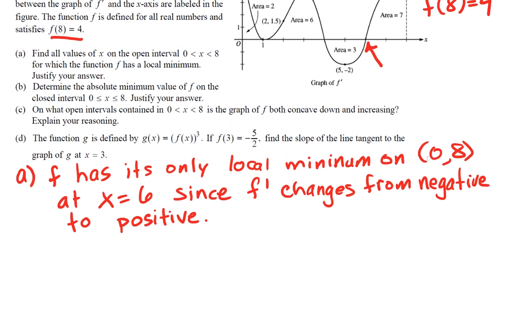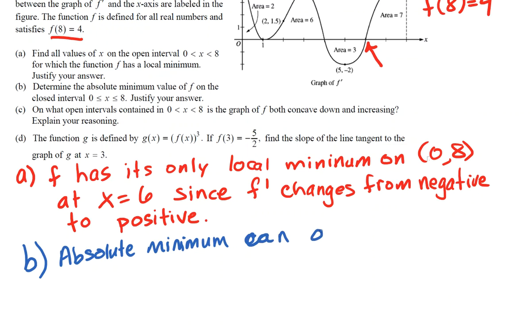All right, and then in part B, determine the absolute minimum on the closed interval. So remember now that we have to add the possibility that the absolute extrema can occur at the endpoints. So the absolute minimum can occur at critical numbers or closed endpoints. Let me try writing can occur